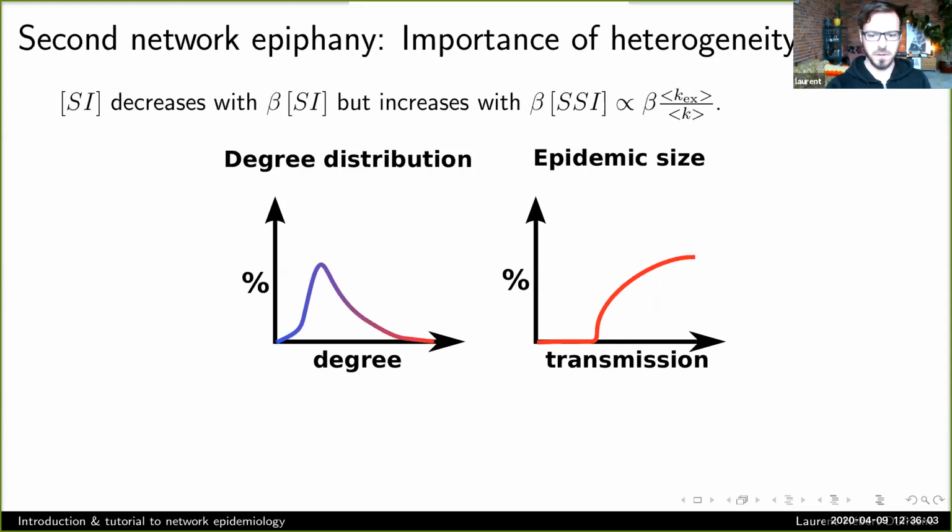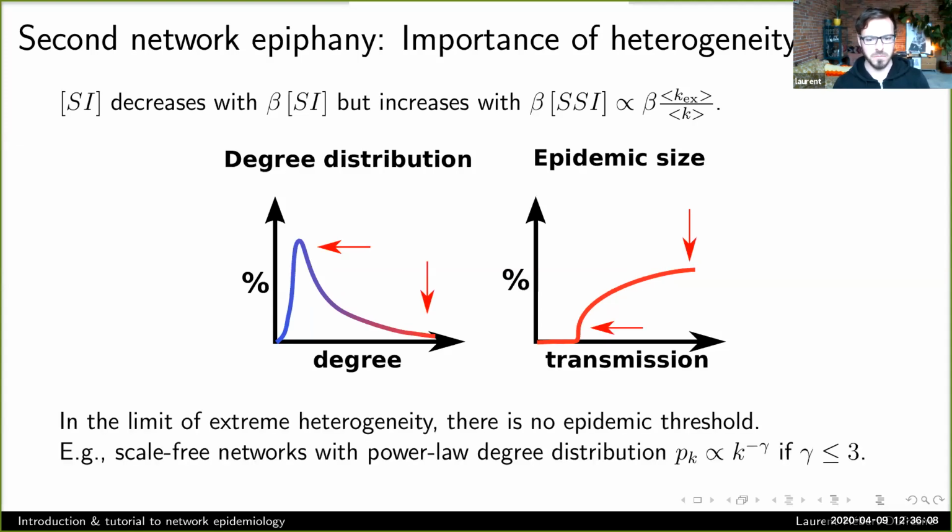And if you're following what's happening to this epidemic size picture here, really what's happening is that as I make my thing more heterogeneous, I decrease my epidemic threshold, because it's very easy, even for a weak disease, to find the highly connected nodes, which we're going to call hubs, and start spreading from there. Right? So I'm decreasing the epidemic threshold, but I'm also decreasing the epidemic size for very large transmission rate. And that's because I'm having a lot of nodes that are hard to reach and that are going to survive for a lot longer. And that's an interesting trade-off that comes with heterogeneity.